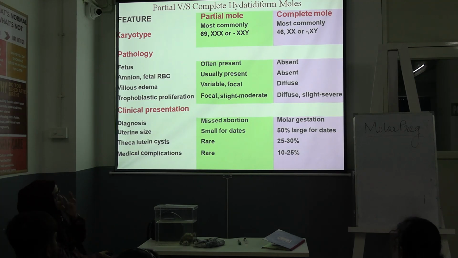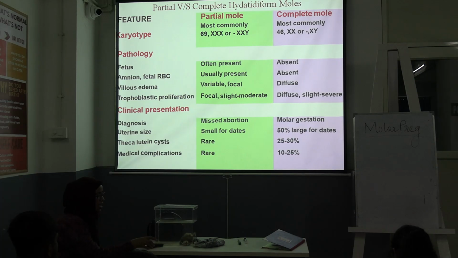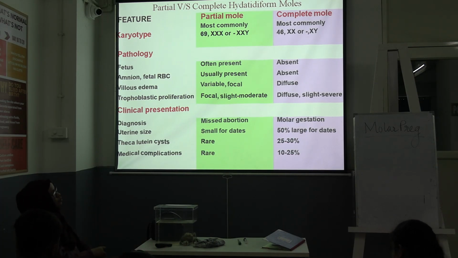And one more thing is more common. One is, I already told you, hyperemesis gravidarum. There is hyperthyroidism or thyrotoxicosis that can be there in case of molar pregnancy. Also, there is theca lutein cyst. What's the reason of thyrotoxicosis? What's the reason of theca lutein cyst? It is 30% of cases of complete mole, there is theca lutein cyst.